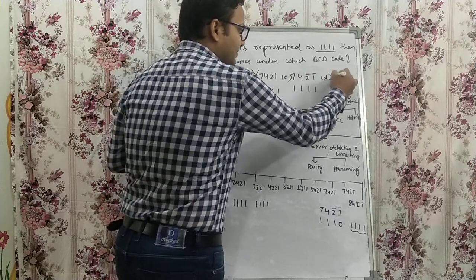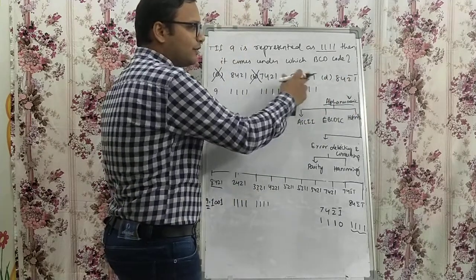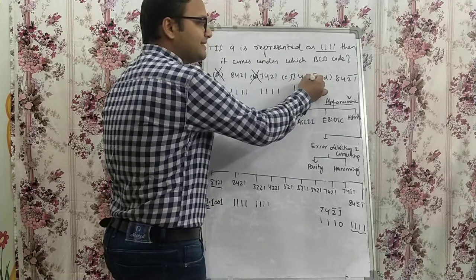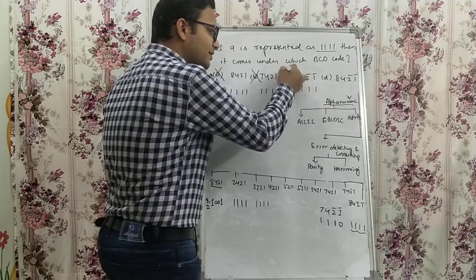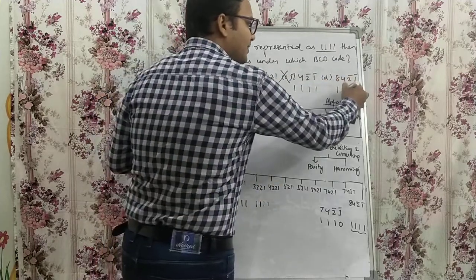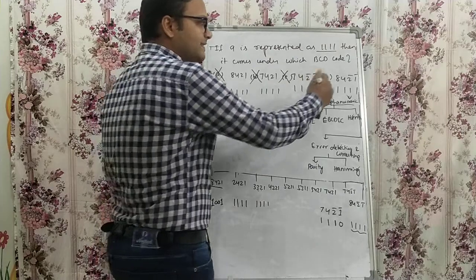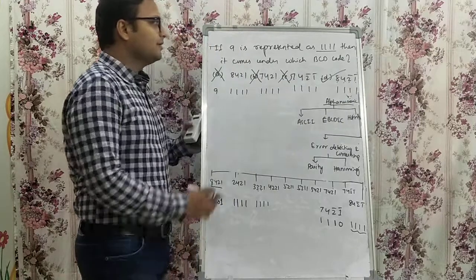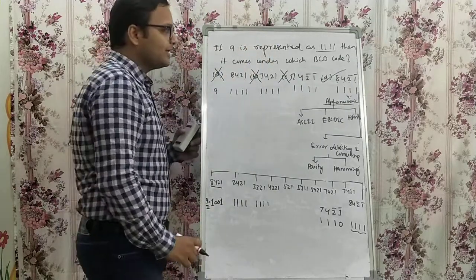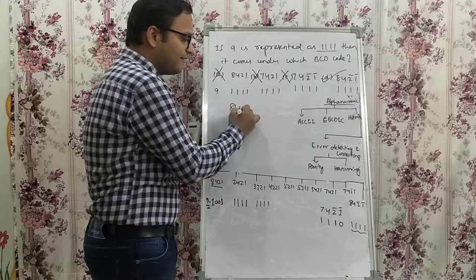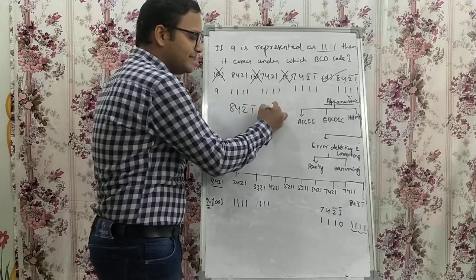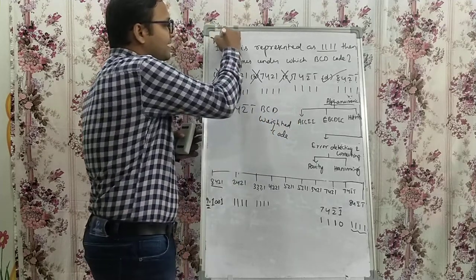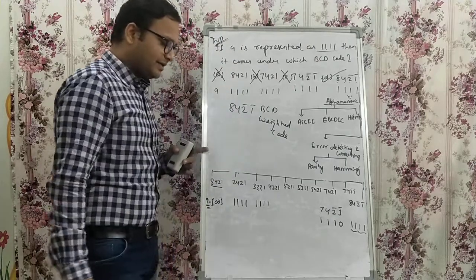One more option will be given here: 842 bar 1 bar. So 742 bar 1 bar: if you put 7 plus 4, 11, minus 2, minus 1, minus 3, so 11 minus 3 is 8. So this is also not the correct option. Now 8421 bar, put 1 bar: 8 plus 4, 12, minus 2, minus 1, so it is 9. So if 9 is represented as 1111, then it comes under the BCD weighted code 842 bar 1 bar. This is a very important question, guys, from the GATE point of view and also for the BTech point of view.